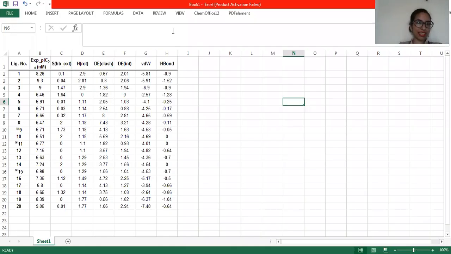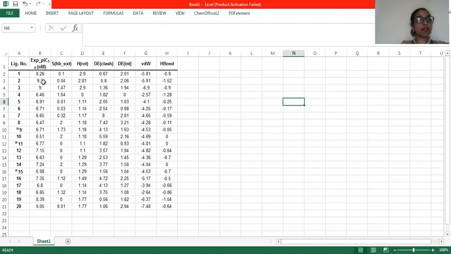See, this one is an Excel sheet. Everybody knows, right? Here, these are the columns and these are the rows. I have already written here the ligand, that is the compound number, as well as their IC50. I have expressed IC50 in logarithmic terms. If you want to know how you can convert IC50 into pIC50, I'll mention the link, which I have already uploaded on YouTube, on how you can convert IC50 into pIC50 or Ki to pKi.